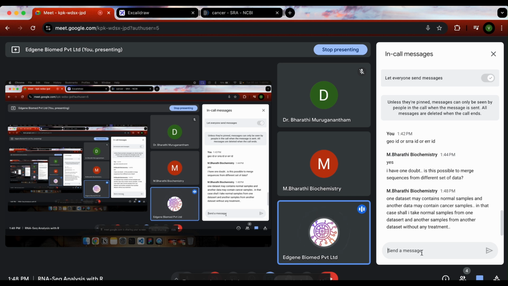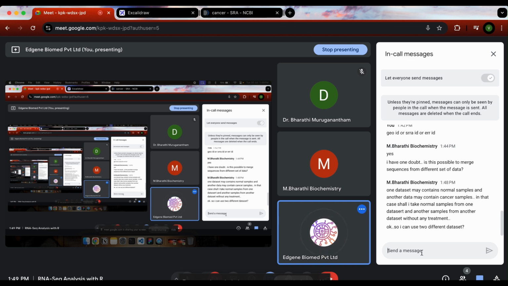That happens. So in an experiment, you will see that the result we are going to search will have more than two conditions, minimum 2 conditions, and then it can go up to 8, 10 conditions. So over here, what you are mentioning in the chat, you are giving 2 conditions, a normal and cancer. The data set has multiple samples. Whatever you have mentioned, one data set may contain a normal sample and a cancer sample, and that comes under one experiment only,